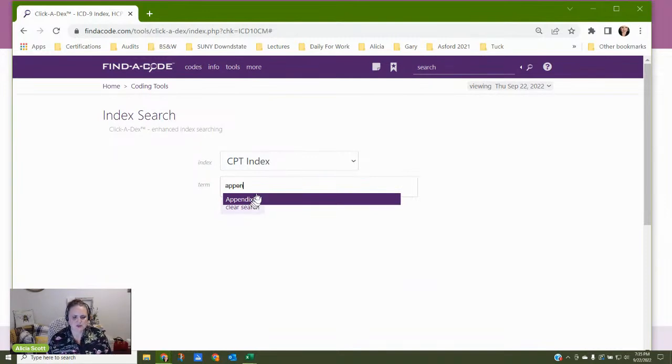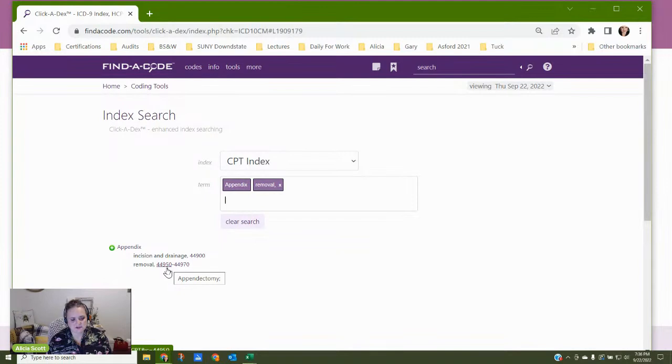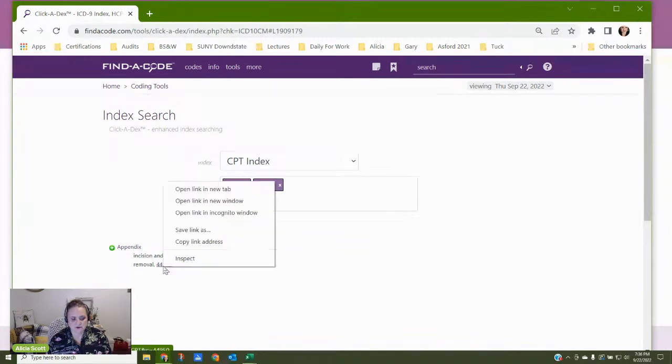Appendix. I don't know if it's going to give me the right thing. Removal. So it tells me the code range is 44950 through 44970. So let's just pick the first one